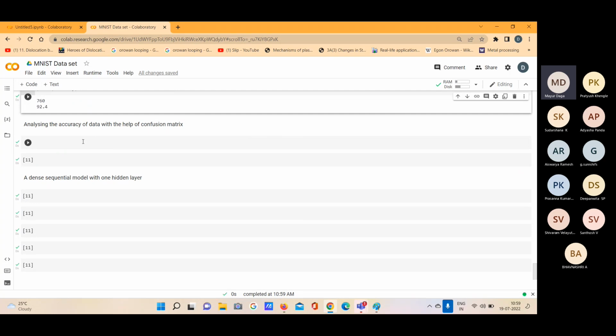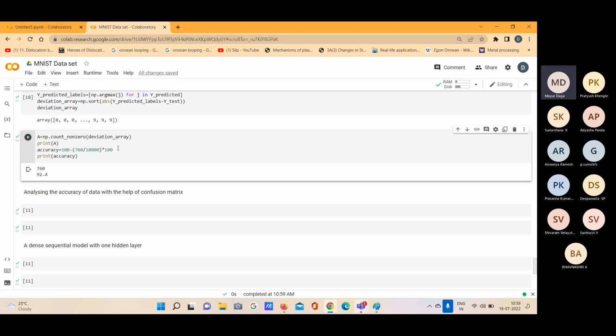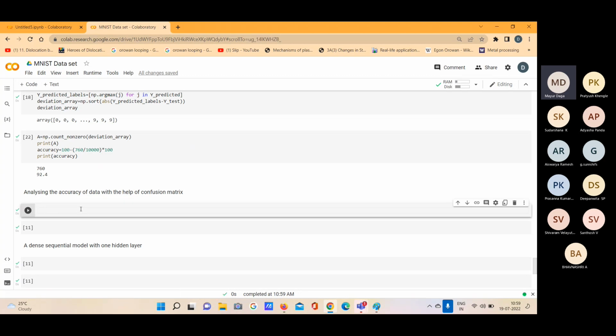Okay, now we'll analyze the predicted and actual data in the test set a bit with the help of a confusion matrix. I'll show you what a confusion matrix is, just follow me. tf.math.confusion_matrix